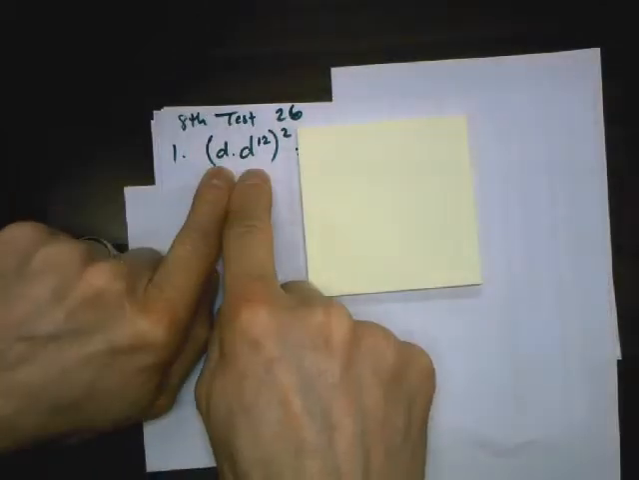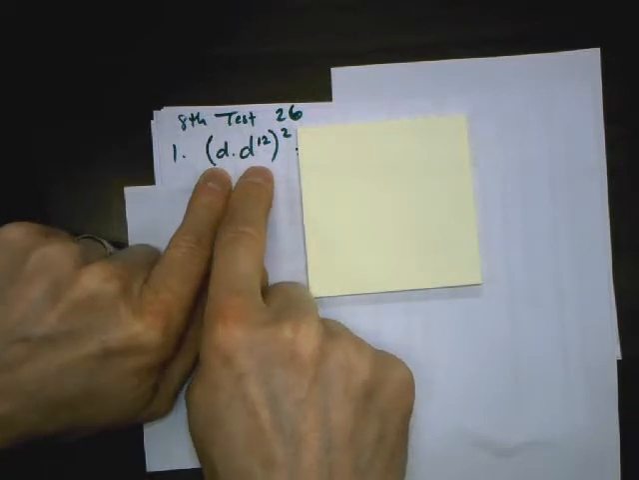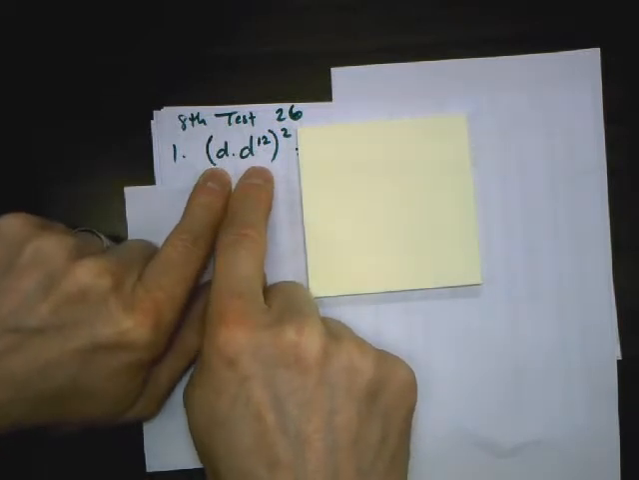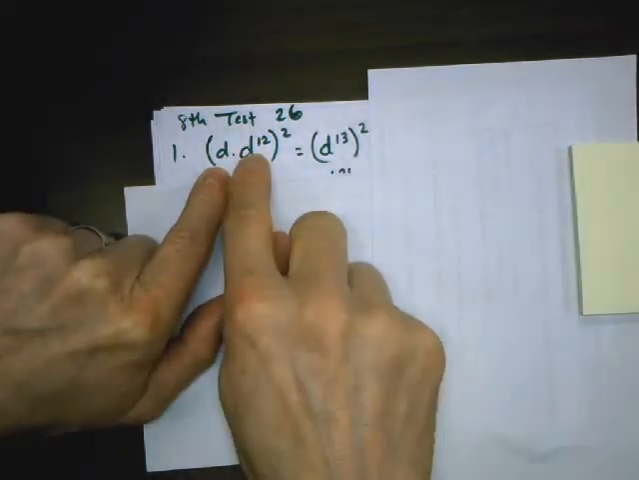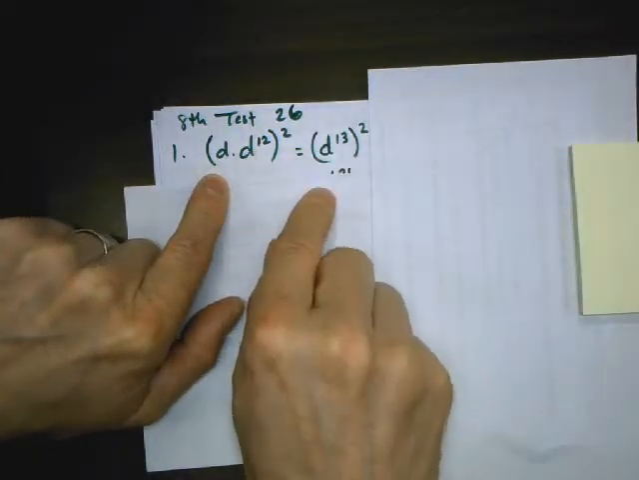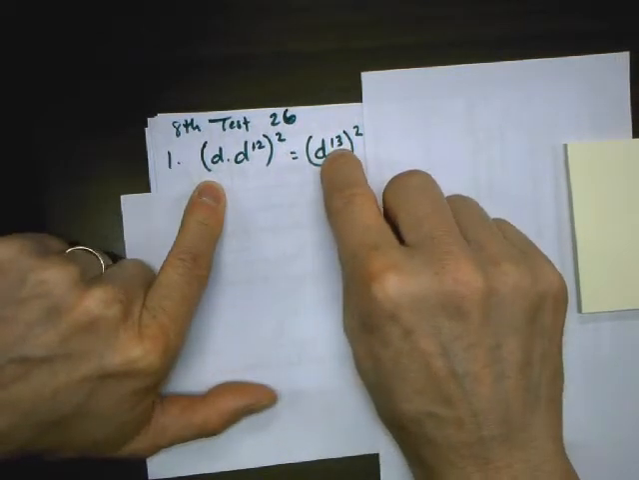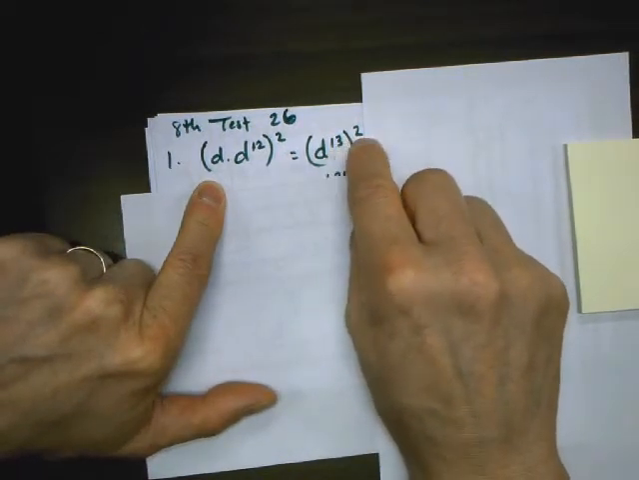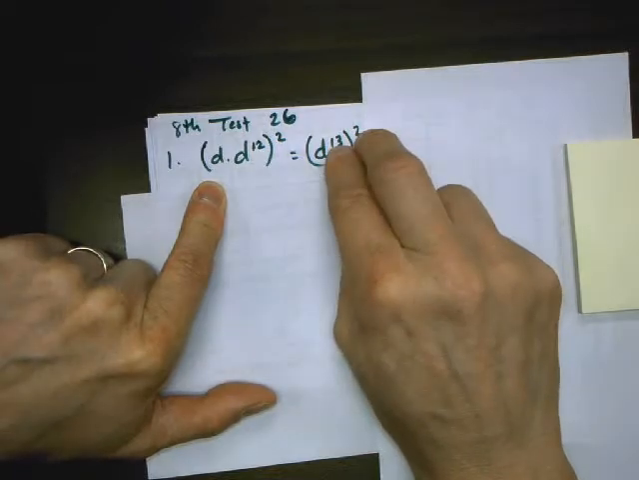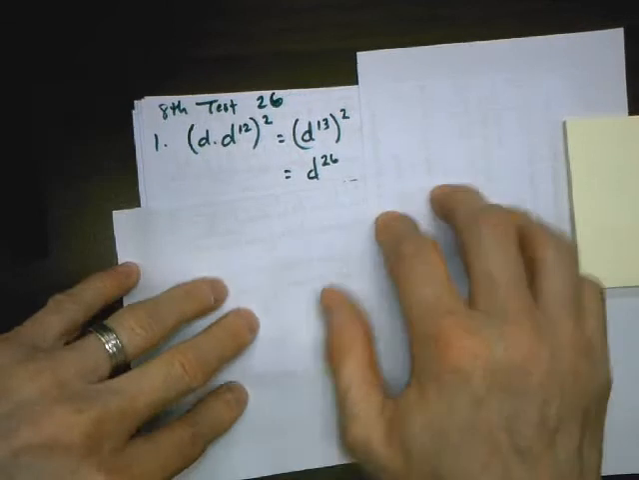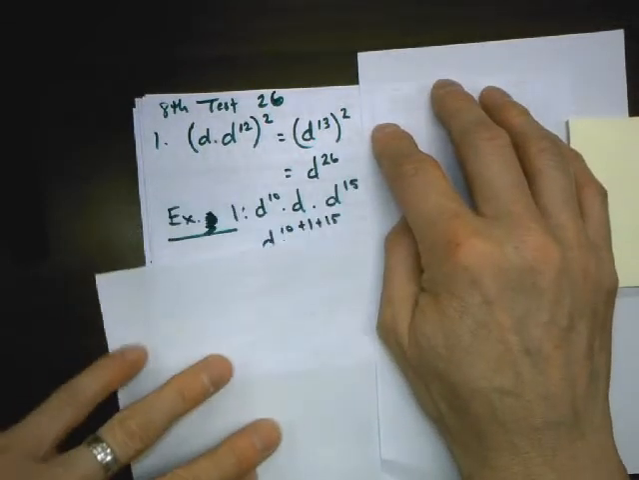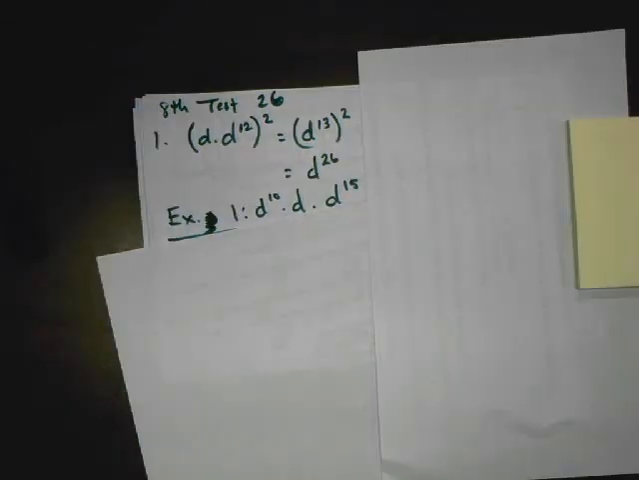So I'm going to go within the parentheses first, and d is d to the first. So d times d squared, that's where we copy the base and add the exponents. So 1 plus 12 is 13. Now, the way we do exponent next to exponent, or power of a power, the shortcut for that is to multiply the exponents. So I get d to the 26. So expression 1, we have